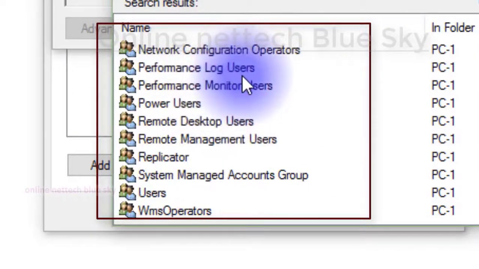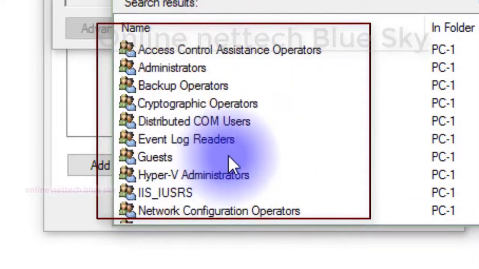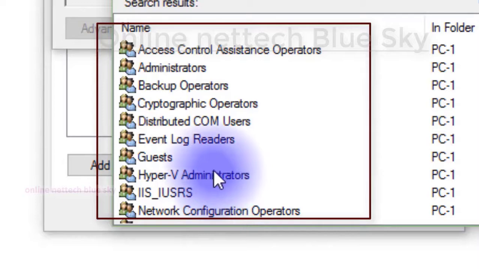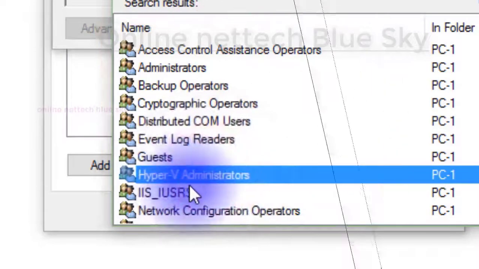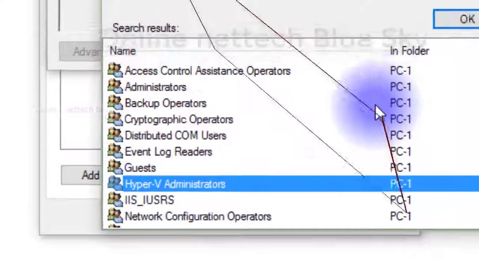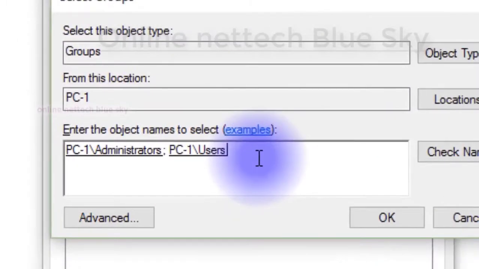So administrator account is very important, and your user means your simple account, and local account means local system use, and Hyper-V Administrator means this is for Hyper-V technology. But I'm not talking about that, we are talking about administrator and users.